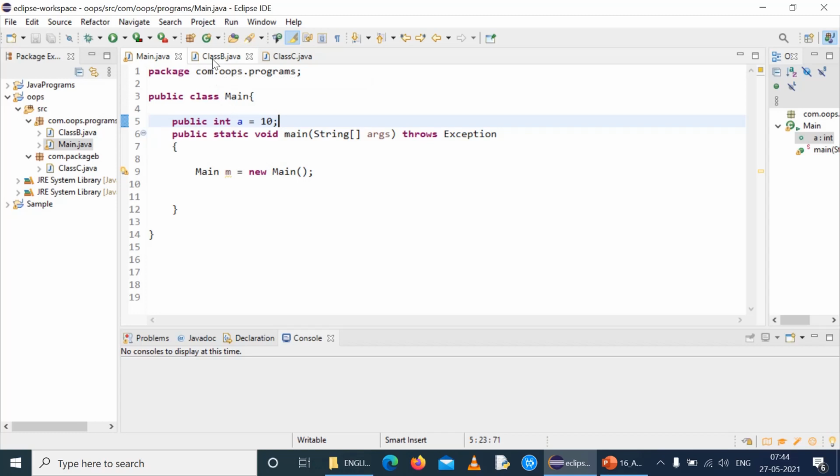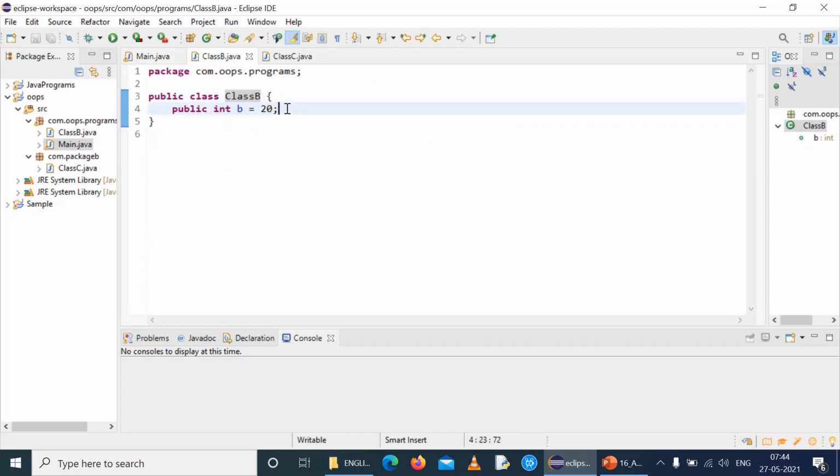Then we will try to access this public int b that is present outside the class main, in class b, but this class b is present in the same package as class main. Then finally we will try to access variable c that is present in class c, which is outside the package, in a neighboring package. So all three possibilities we will check and finally come to a conclusion about public access specifiers.